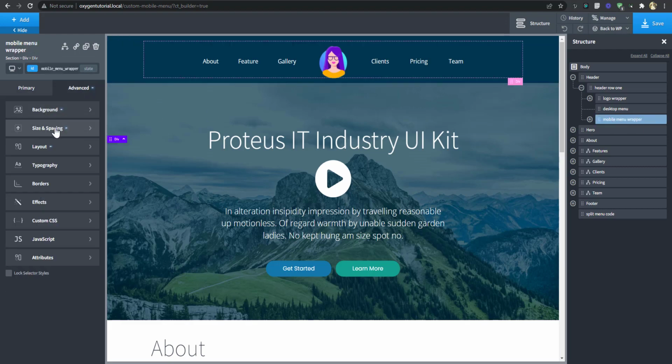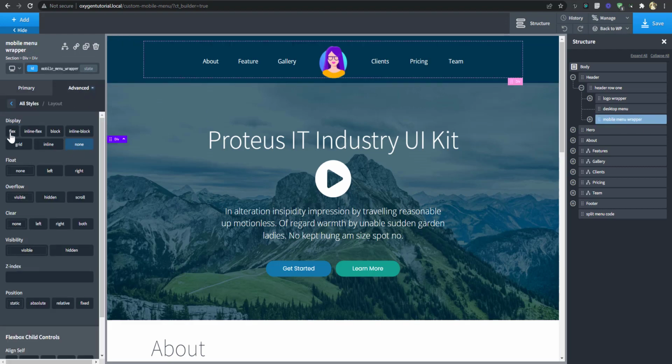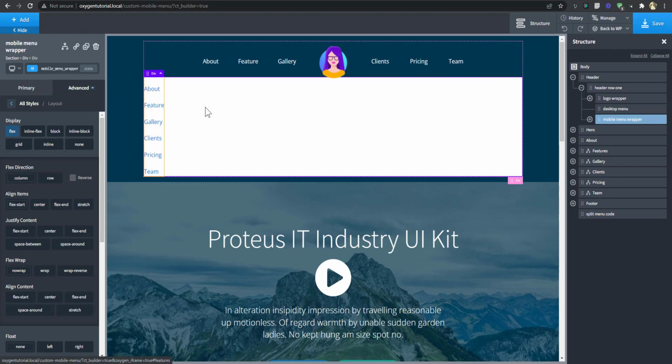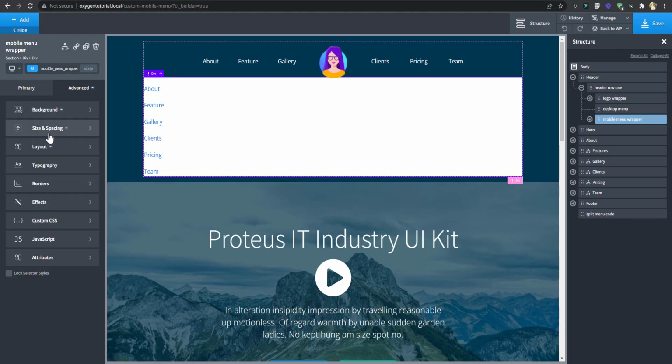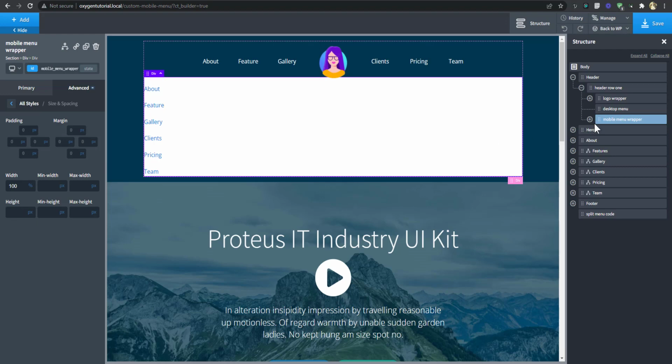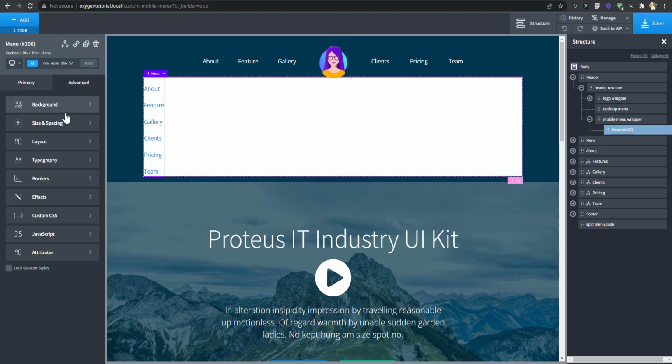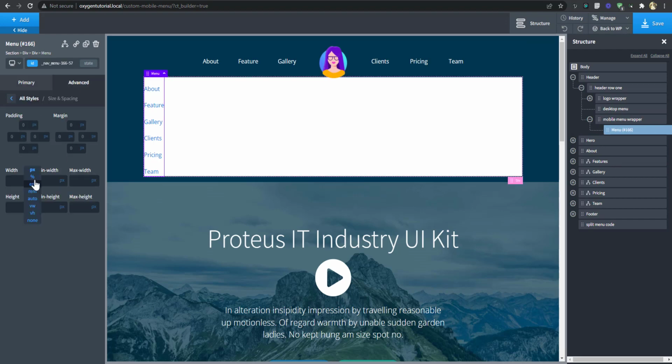And then I'm going to set this to display so that we can set this up here. So I'm going to remove, okay, I'm going to leave that. So let's look at this, and then we're going to make the width 100%. The width of this menu, we're going to make it 100%. So let's do that, 100%.